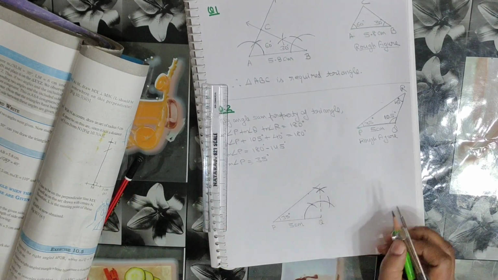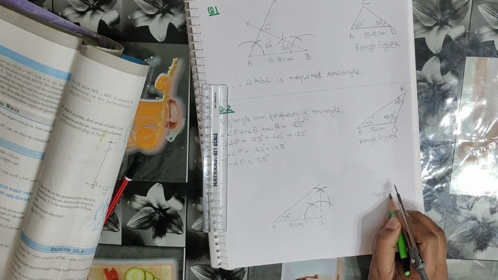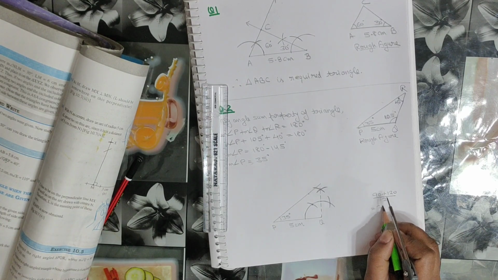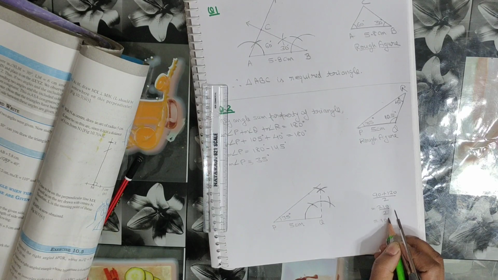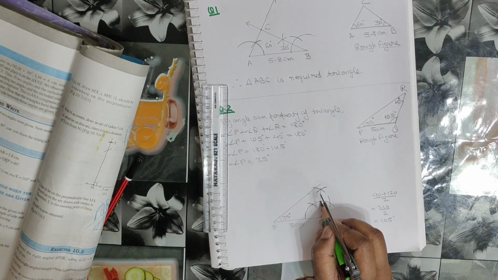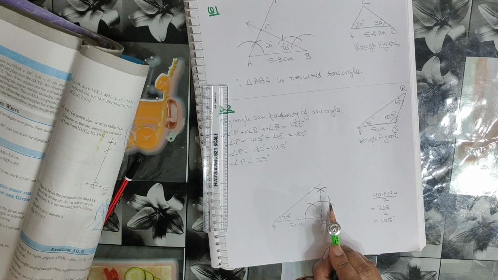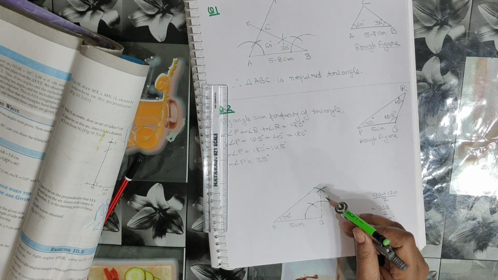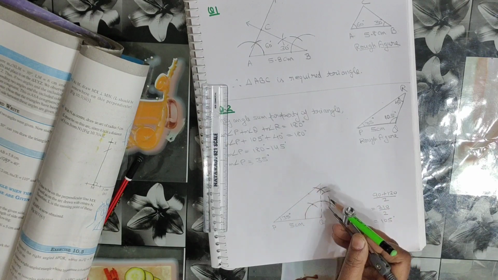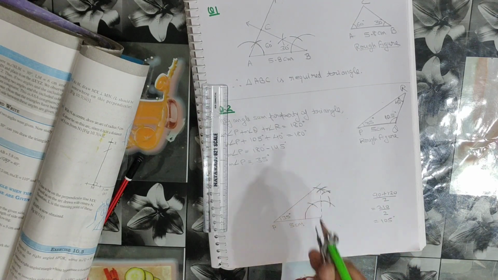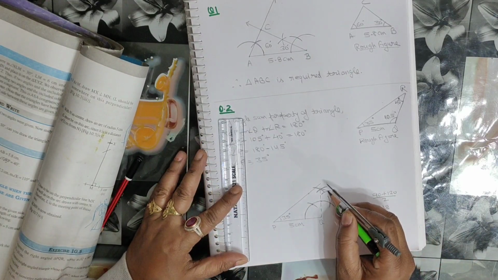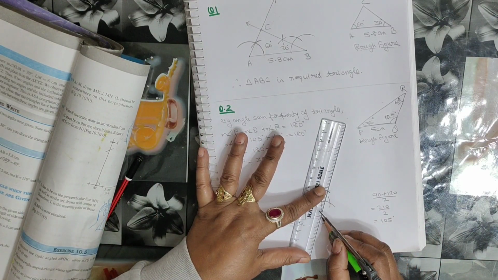Now students, we have to see what is the bisector of 90 degree and 120 degree. To find the bisector, we will use this rule: 90 plus 120 upon 2, that is 210 by 2, that is 105 degree. So if we bisect between the 90 degree arc and the 120 degree arc, we will get 105 degree. So we have to draw one arc from this point and one arc from the 120 degree point, and we will get 105 degree. I am drawing one arc from here and one arc from here. If we join these 2 points, we will get an angle of 105 degree.